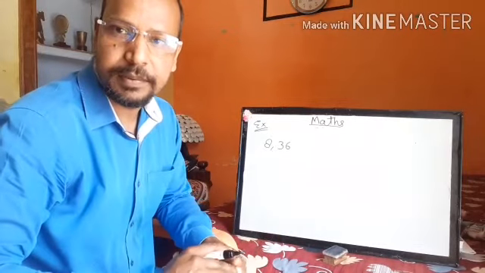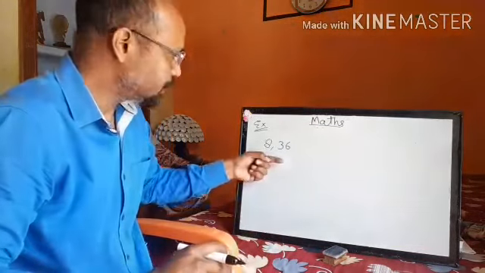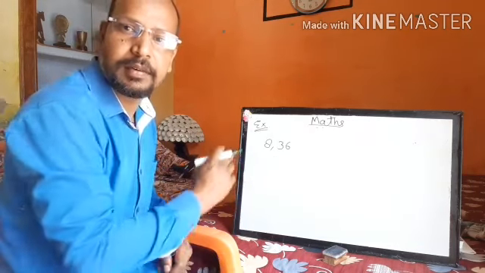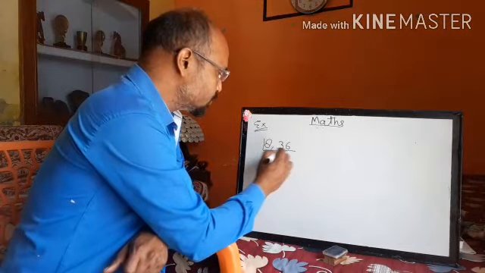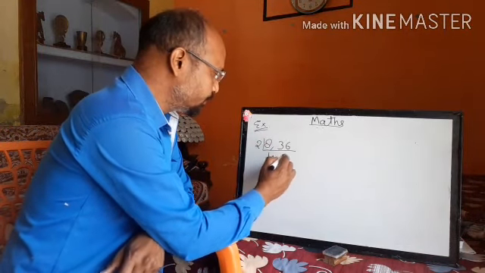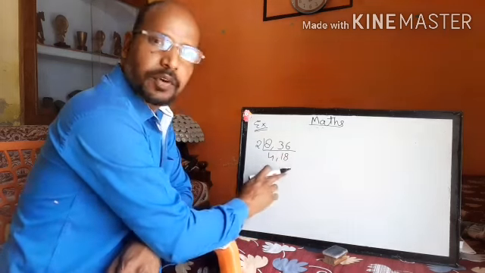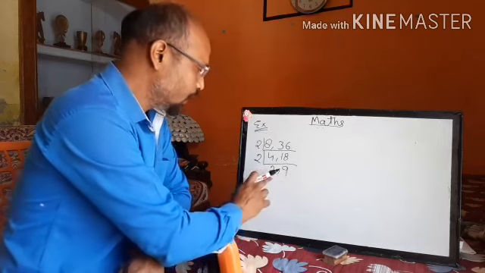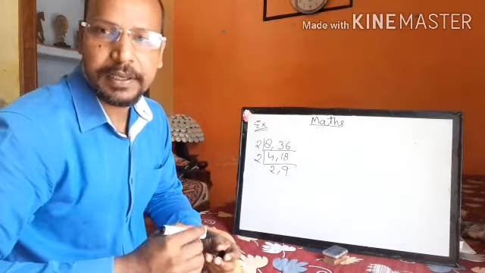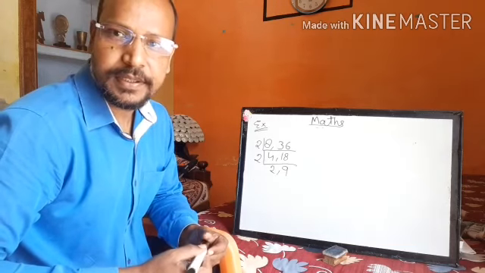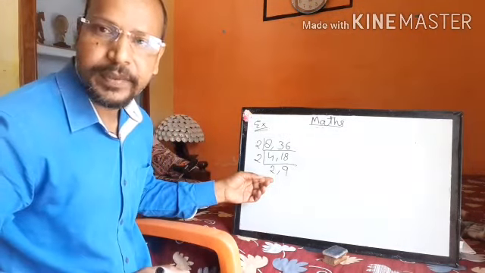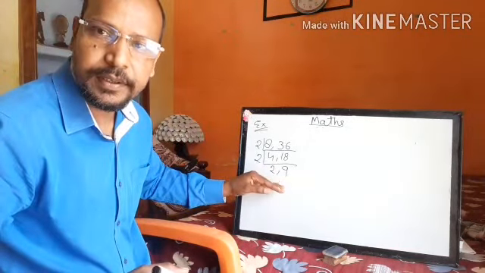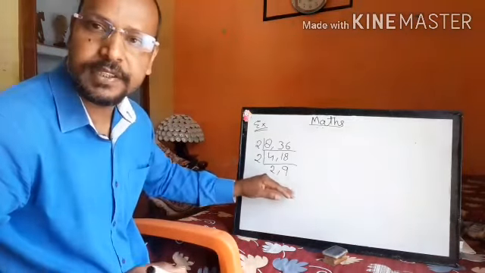I'm taking one more example to explain this method. Now I'm taking 8 and 36. Let's start the long division by prime numbers of both numbers. Both are divisible by 2, so divide them. Again 4 and 18 are divisible by 2, so divide them. Now 2 and 9 are not divisible by any other number, right? Because 2 is a prime number and 9 is not divisible by 2. So stop your calculation over here because we have no common divisor right now.